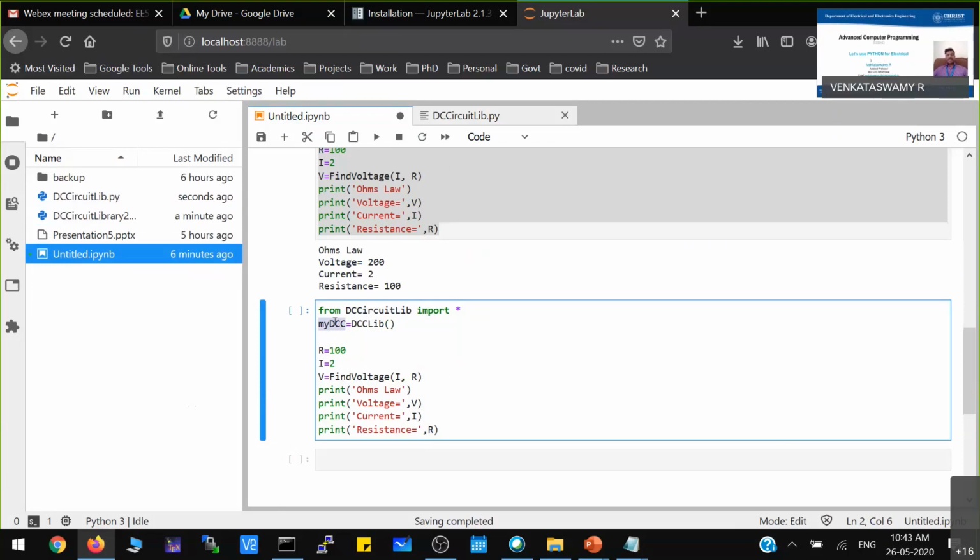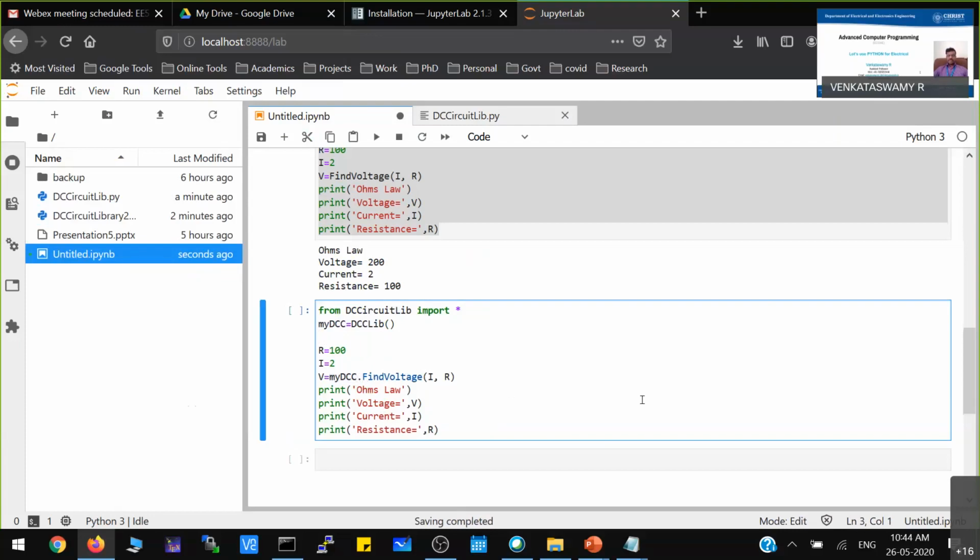So that is why you create an object. The first step is to create an object. Now the object is created using this particular library. Then whenever you use any variable or any function, you have to prefix it with the object and a dot. A very important thing, this particular syntax: object name dot. When you use it like that, it means the object is created using this particular DCC lib class, and inside that you have a function. You are using that function instance.